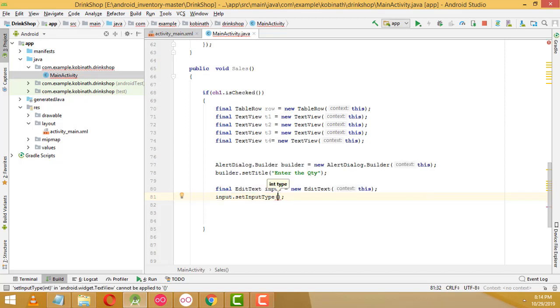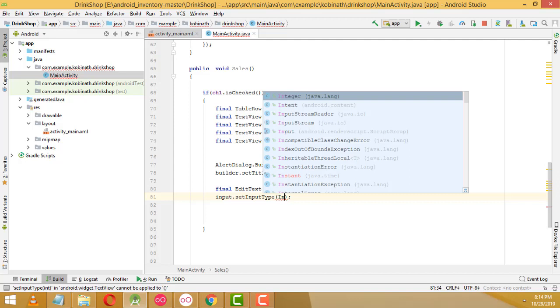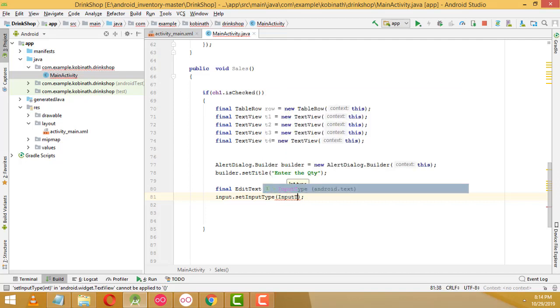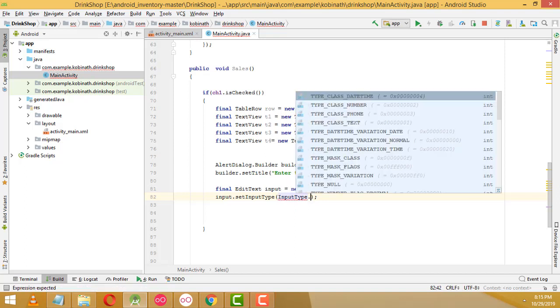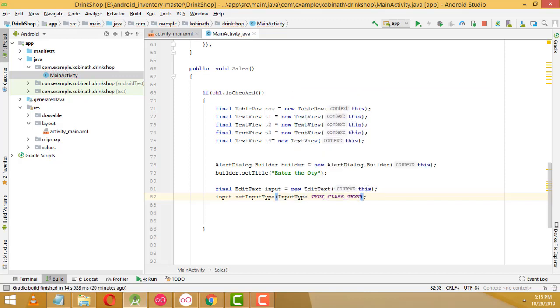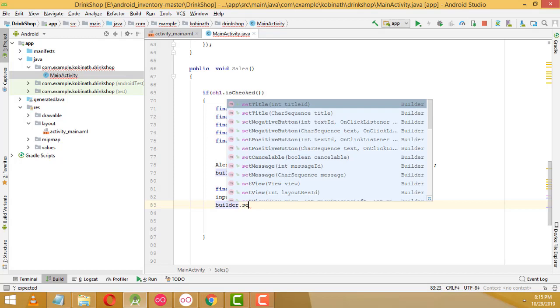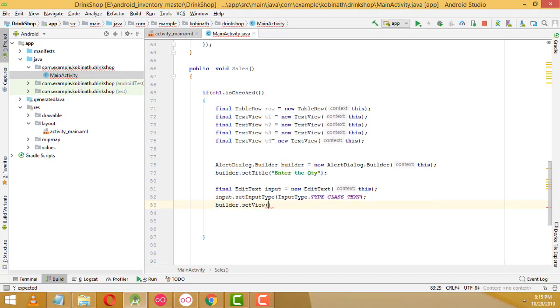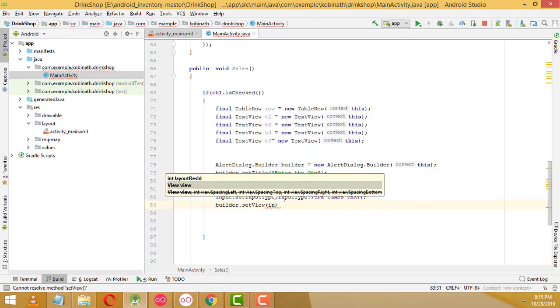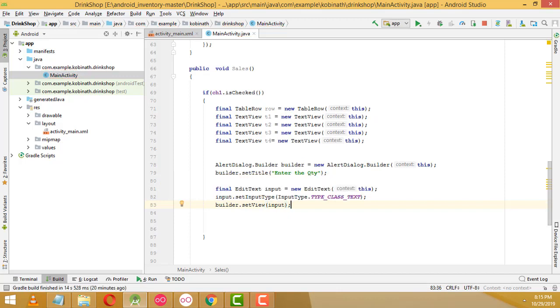Set input type. We have to write input.setInputType, class text. Right. Here we have to write builder.setView. You have to write here input. Perfect. After that you have to write builder